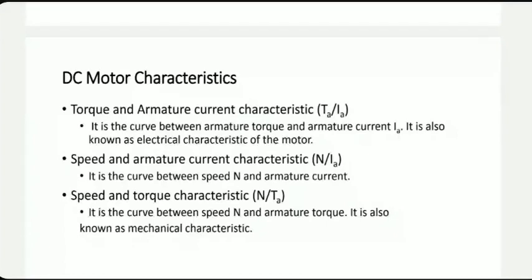For motors, the output is a rotary mechanical power. So the important characteristics for motors, and actually not only DC motors, but for all motors, are shown here. Torque versus armature current, speed versus armature current, and torque versus speed. The third one is a purely mechanical characteristic. It's very important. If you increase the torque, will the speed remain same or will it go down? Very important to know. Same thing, if the speed goes up, will the armature current go down or will it remain more or less the same? And same thing with torque versus armature current.